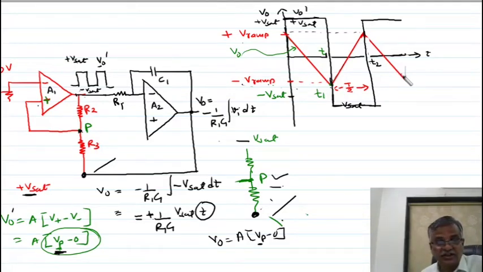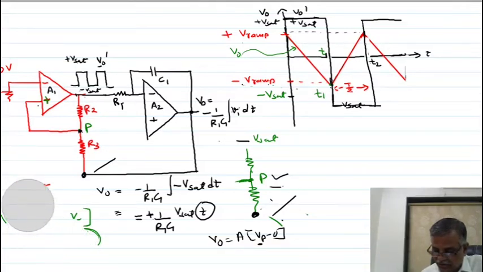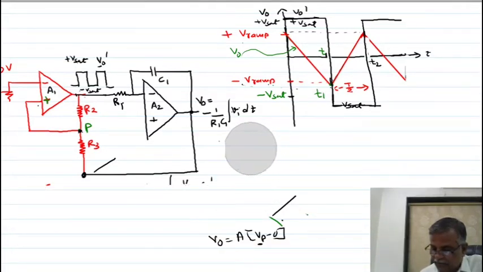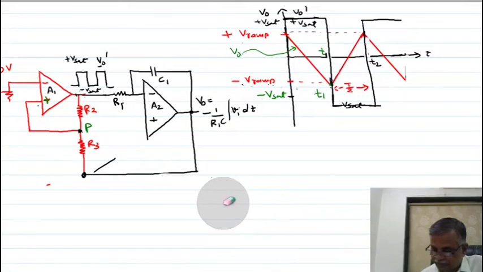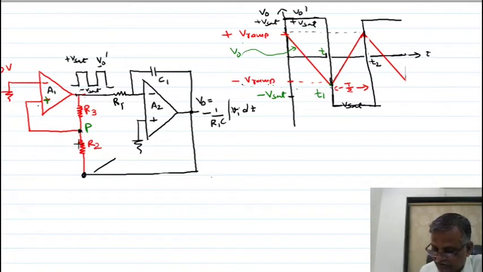Let us see the derivation of the frequency, or periodic time, of the triangle waveform. Look here. Here I have not shown it, but this is actually ground. I have changed the notation only. I have written R3 here and R2 here just to make the equation match your textbook. You can keep any notation, you can write R2 here, I do not mind. Here R3 and R2 are used; compare with the previous circuit.